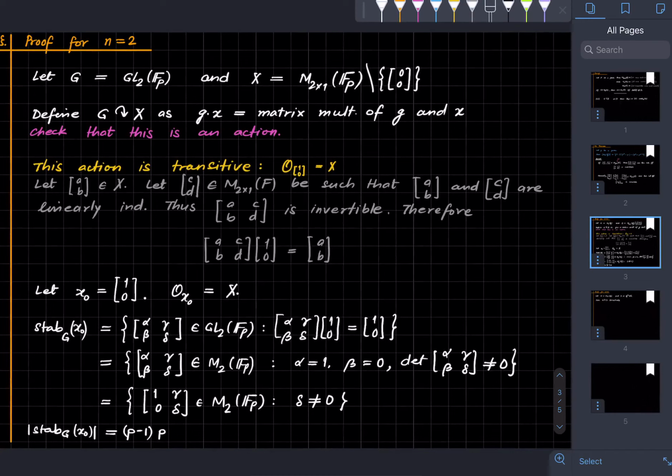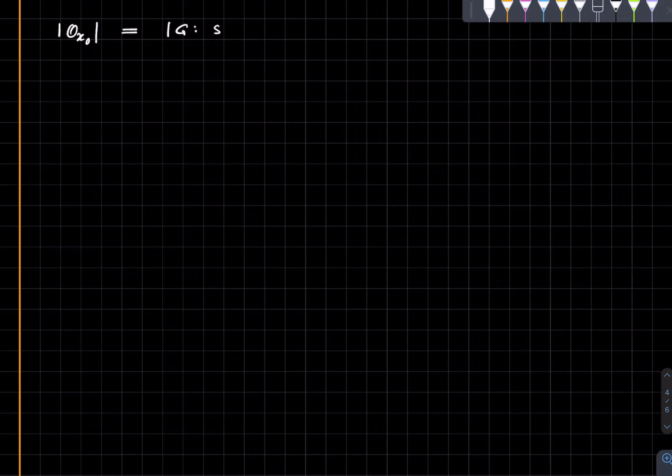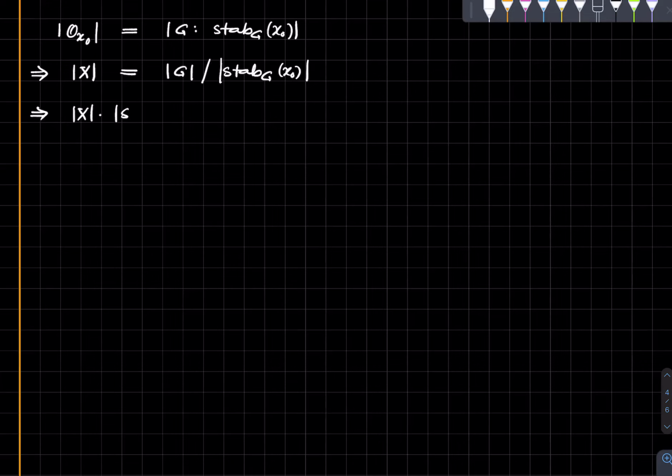Okay, I need an extra page. So now that we know the stabilizer, we now use the orbit stabilizer theorem. By the orbit stabilizer theorem, we know that the cardinality of the orbit of x naught is equal to the index of the stabilizer of x naught, which implies the cardinality of X, because the orbit of x naught is just the same thing as the set X, times the cardinality of the stabilizer of x naught is the cardinality of our group G,